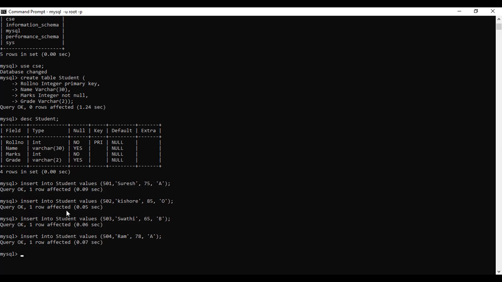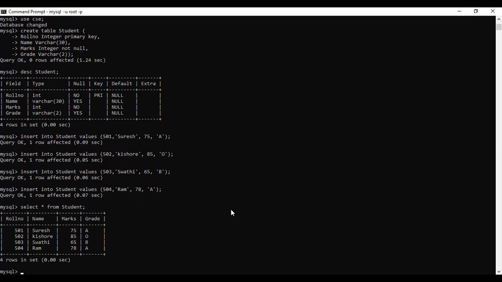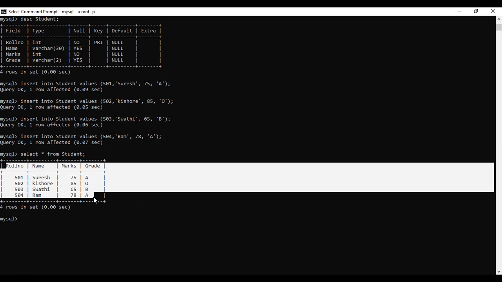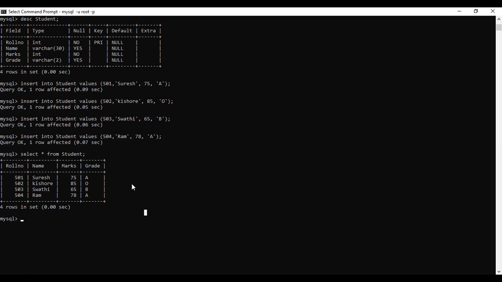So after inserting these values, I want to see how these values are inserted into my table. As you know, the statement for that is the select statement. Select star from student. Once it is executed, it gives the total student table containing this information, right? We have just entered it. Got it? You already learned this from the previous video. I'm just giving these demonstrations for your understanding and also for working with databases. And once again, I'm recapping how these databases are created and organized.